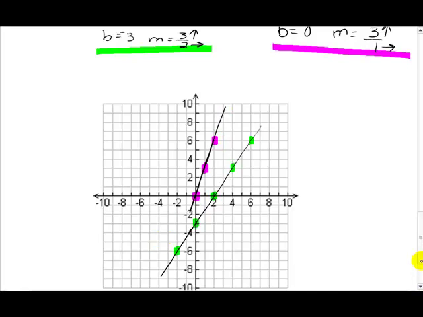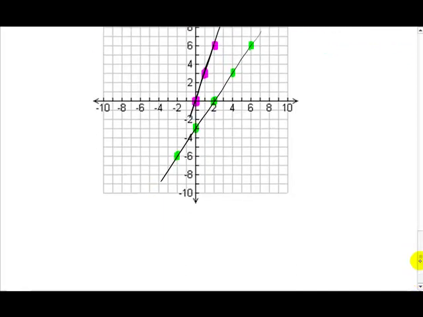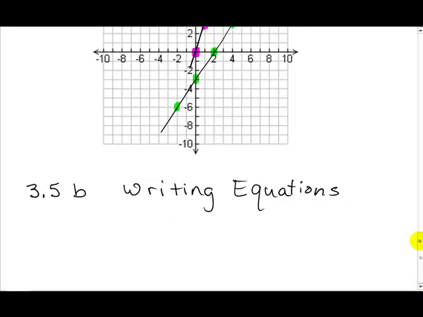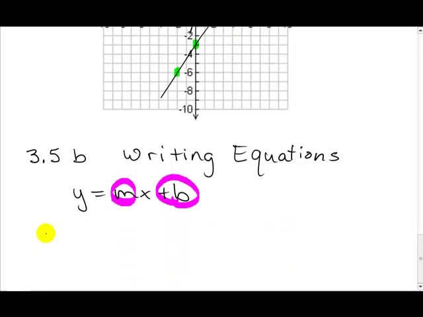Okay. The second part of this is what I call 3.5b, and we're just writing equations. It just takes everything that we've already talked about and puts it together. And so you've got y equals mx plus b. You need the b and you need the m to be able to write an equation. Well, to find slope,